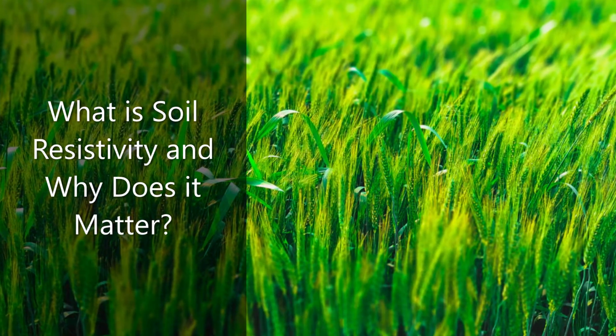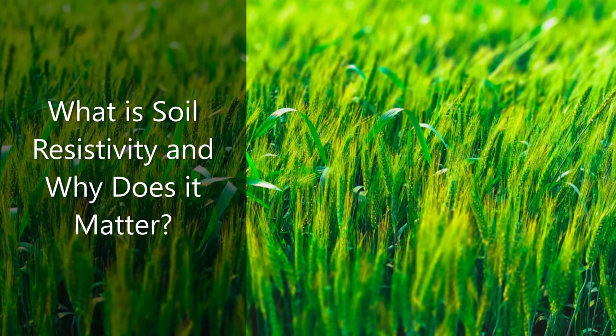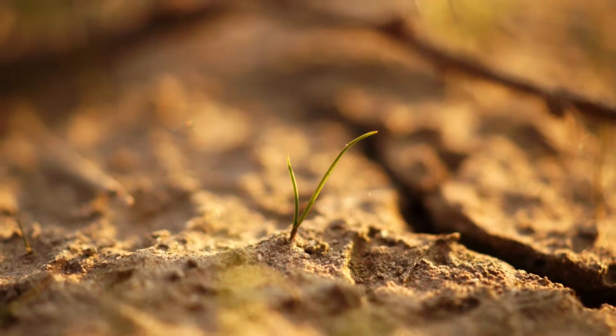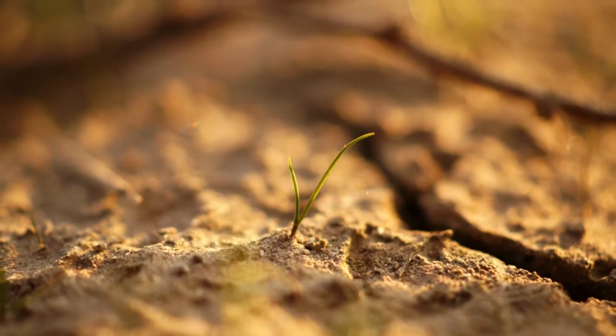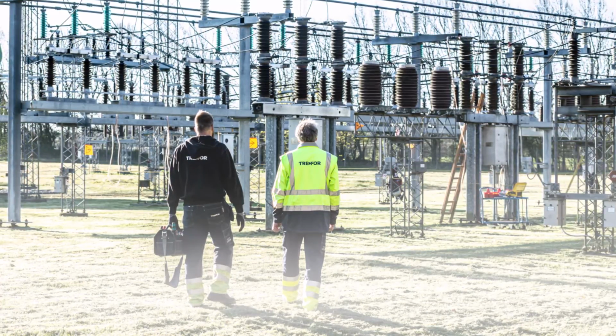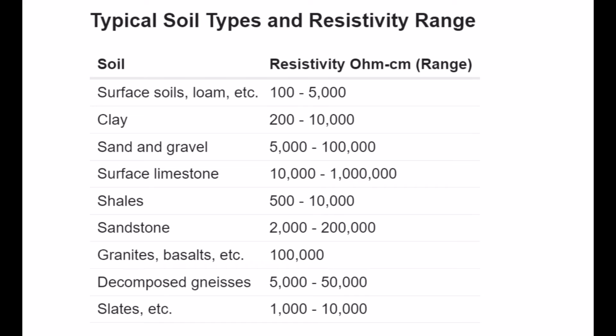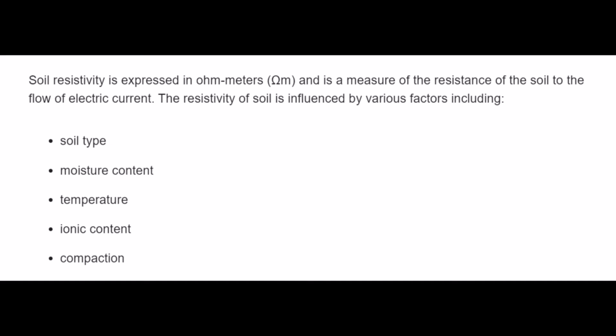Soil resistivity is an important parameter in the design and analysis of grounding systems, and it is essential to measure and understand soil resistivity to ensure the safety and reliability of electrical systems. Soil resistivity is expressed in ohm meters and is a measure of the resistance of the soil to the flow of electric current. The resistivity of soil is influenced by various factors including soil type, moisture content, temperature, ionic content,